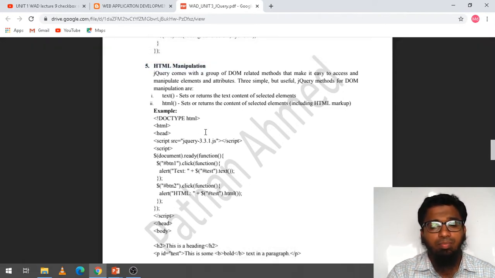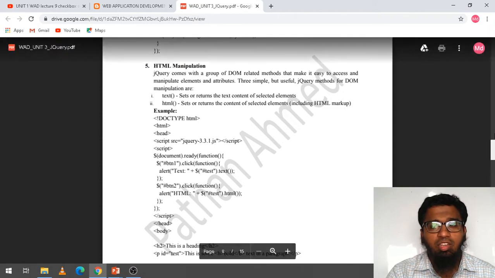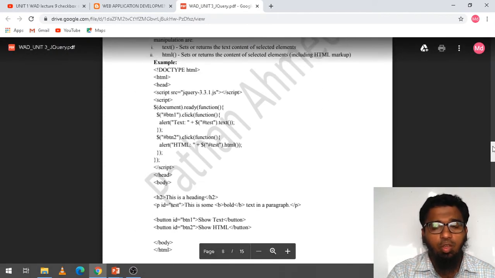Here in HTML we are using jQuery. Why are we using jQuery? It is lightweight, and we will get more effective results. This is a program, and we will write this program in Notepad and execute it.